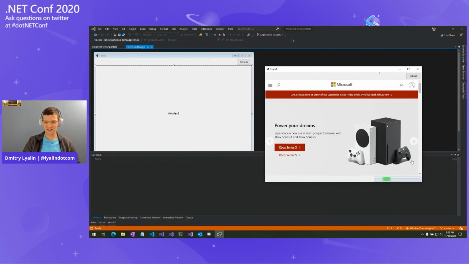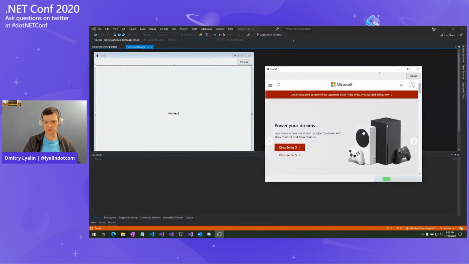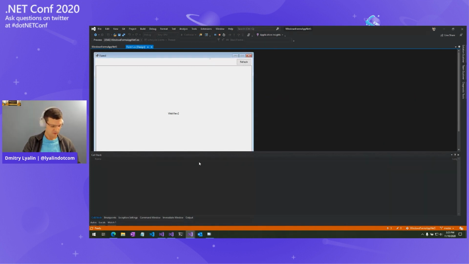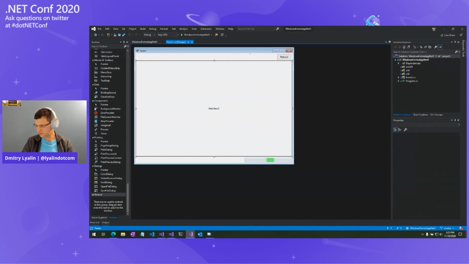All right, so there it is. There's the Chromium control, a really excellent control, full fidelity rendering in your application. Strongly recommend you check it out. If you Google for WebView2, you will find it, and it's a NuGet package that's available as well. All right, so with that, I'm going to go back to my slides